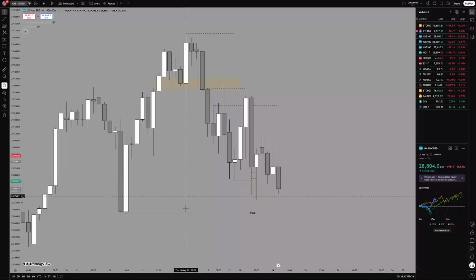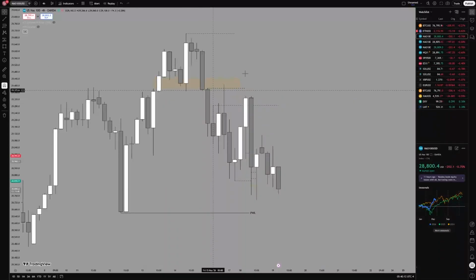And if you look at the bottom, 9 a.m. So if we took a long here, good job. And then we broke down. We broke down. This fair value gap became an inversion. Later on, we left this inversion as our little change in the state of delivery, and we left two internal